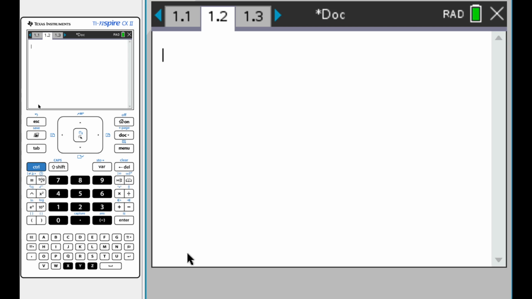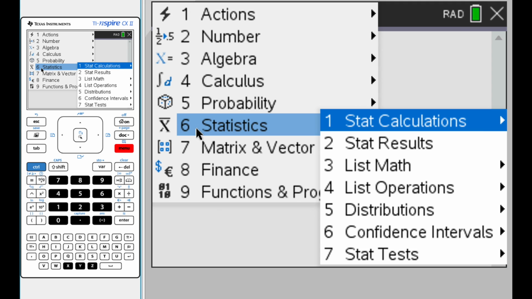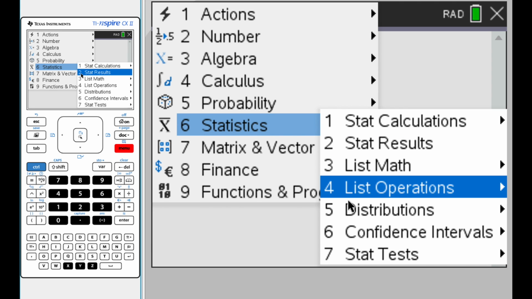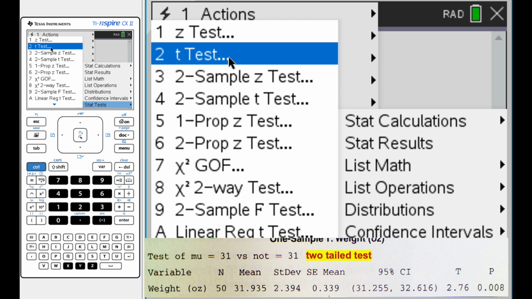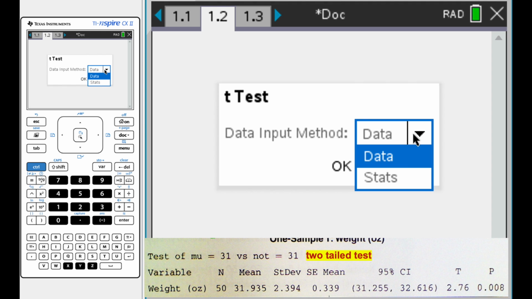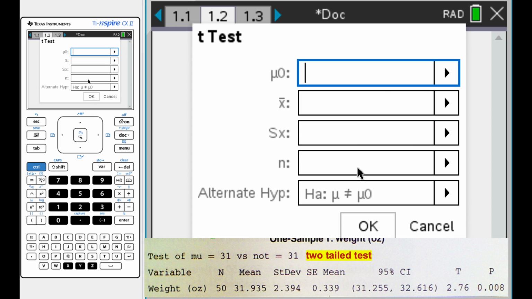So sliding over to the calculator, I'm going to walk you through. To do a two-tailed hypothesis test, we're going to hit Menu, then Statistics, and then go down to Tests. We're going to select T-Test. Instead of Data, we're going to select Statistics. We're going to use our mean, which is 31, and then our sample average, which is